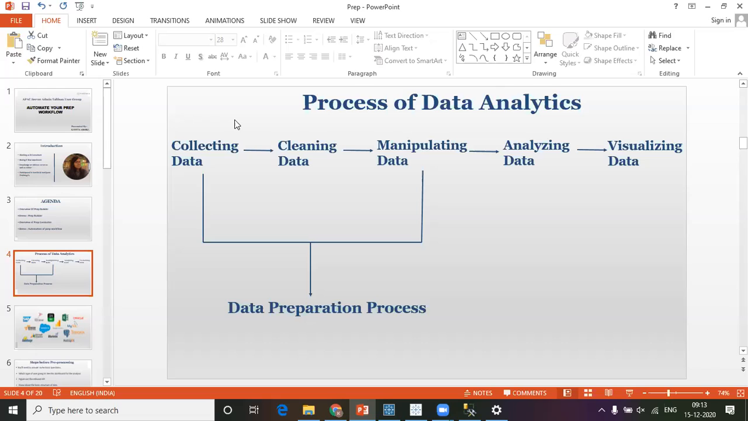Then we analyze the data and then visualize the data, right? So the first three steps are the data preparation steps, because we are collecting the data, then of course we clean the data and then we manipulate the data. So these first three steps come under the data preparation process, because now we are collecting data